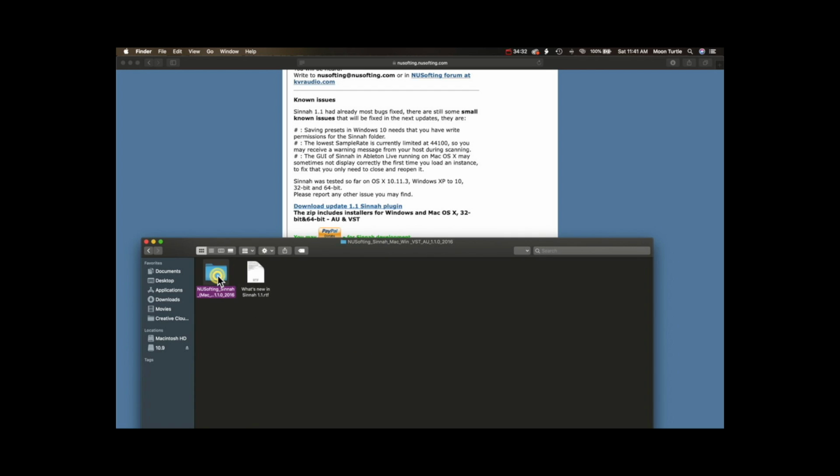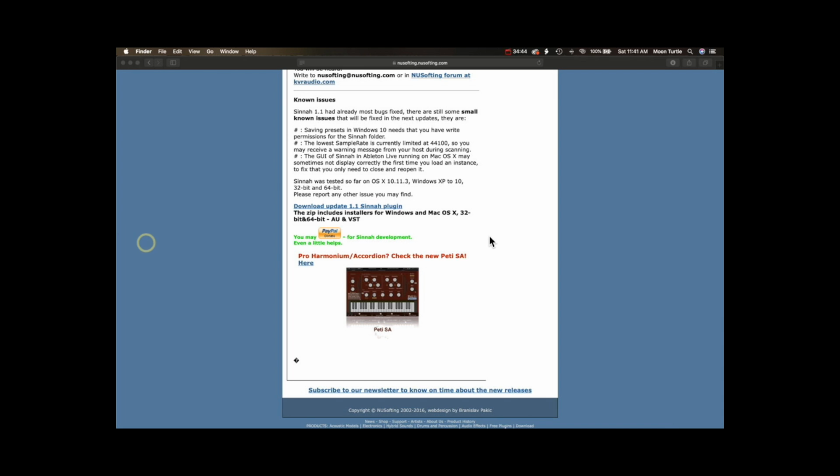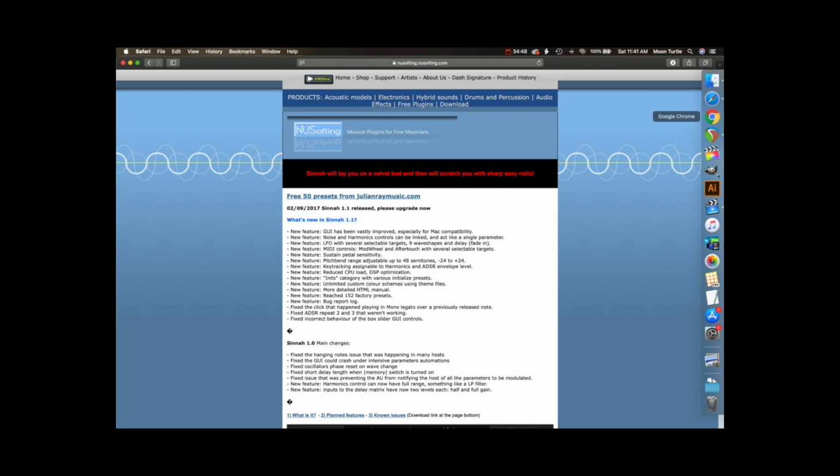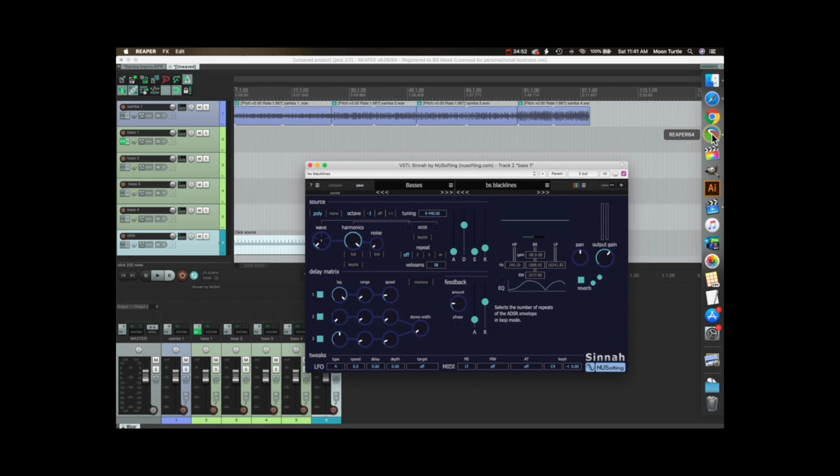Yeah, and what's in here? So yeah, you just click through those folders like I just did. Click on the Mac. There you go. There's your installer package. Okay, so cool. I'm glad we actually looked at that because it was sort of hard to find where the download was. Okay, so once you download it and hopefully it's installed in Reaper and everything's cool, then you can go through